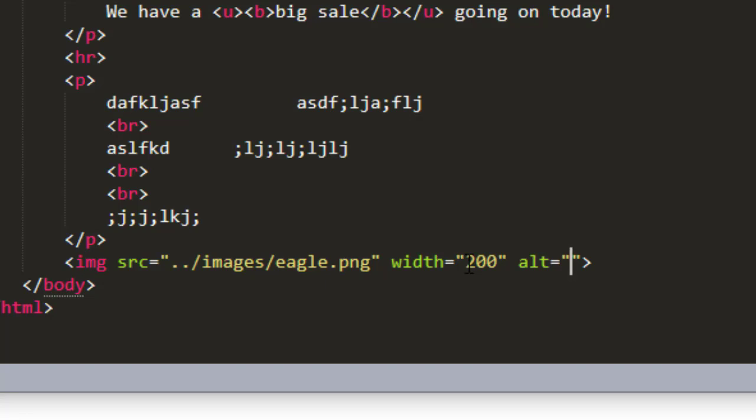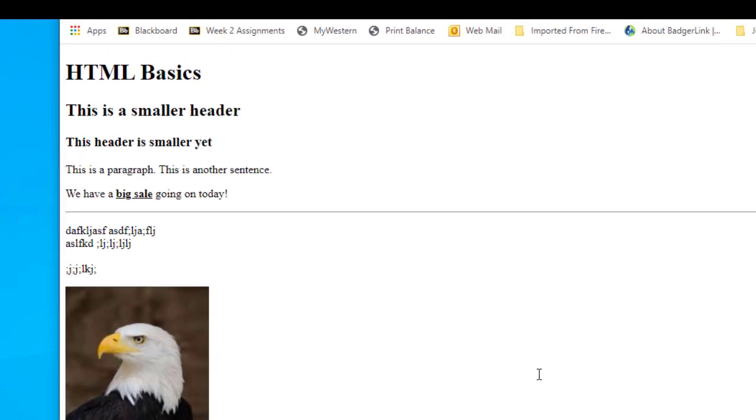So I don't know if you've noticed it or not, but if you type in one double quote, Sublime Text will automatically add the second one for you. Let's set the value of the alt attribute equal to this, a bald eagle. So the alt attribute should provide a description of the image, and that's for a couple of different cases here. So if I save this and refresh the browser window, I won't see that alt attribute,